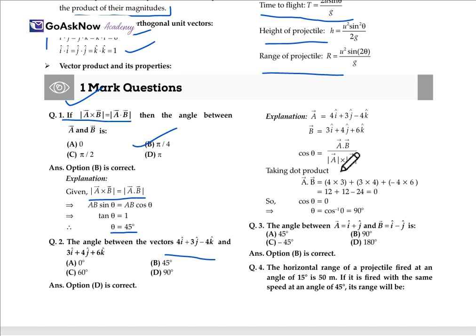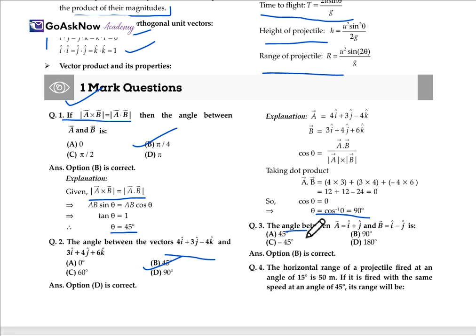This is also an important question. We have two vectors, A and B. A is equal to 3i minus 4j plus 5k. We have to find the scalar and the vector product. Firstly, we'll go with the scalar product, which is A dot B, that is 3i minus 4j plus 5k dot minus 2i plus j minus 3k. When you solve it, you get the product. The vector product A cross B is equal to the determinant of i, j and k. Put all the values, and when you solve it, you get A cross B.